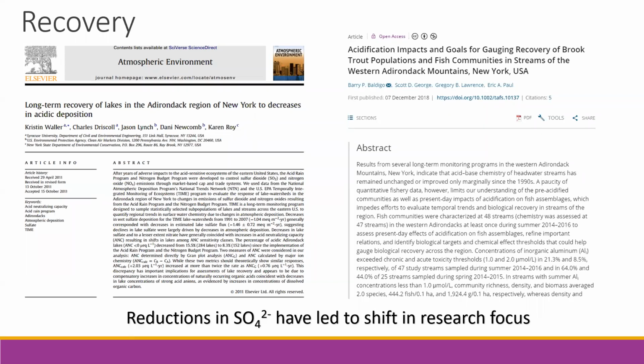However, it's very important to point out here that these ecosystems have faced a lot of damage and remain very sensitive to even small perturbations in acid deposition. So it's really important that we continue these regulations, and if not, make them more stringent to allow these ecosystems to recover properly. And these reductions in sulfate have led to a significant shift in research focus in the atmospheric